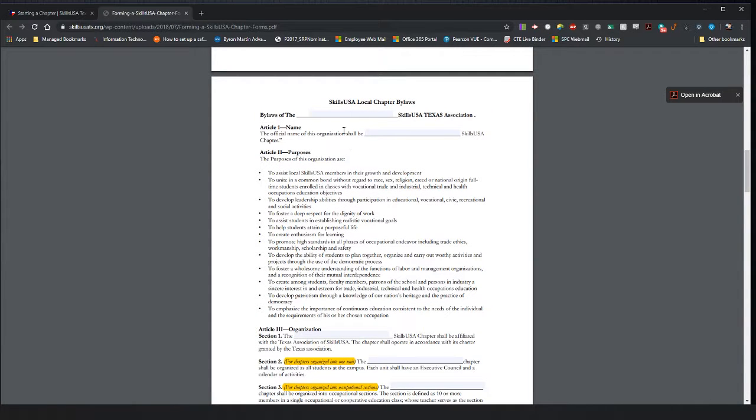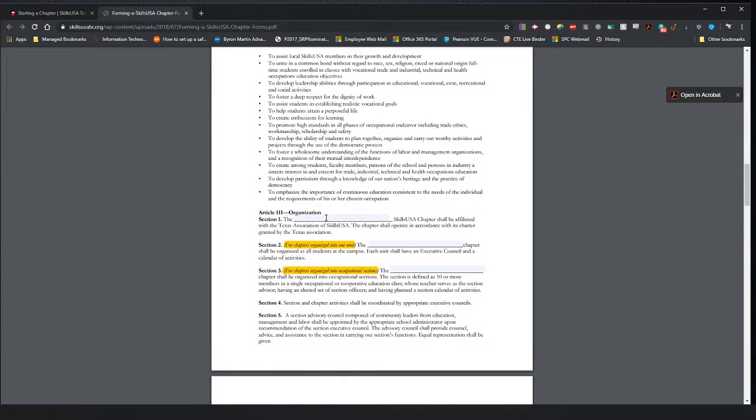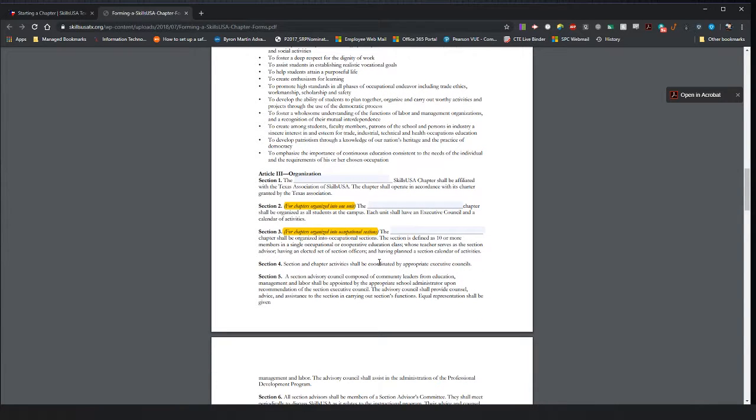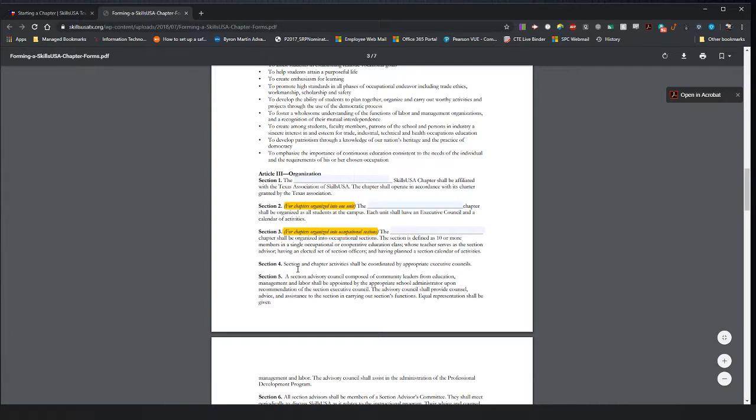In the bylaws of the local chapter, pretty much all you need to do in this document is put your program name in each one of these fill in the blanks here. You will then print this off and mail it to the state office, or you can save it and send it to janet@skillsusatx.org. Once you fill out all these documents, you're going to need to go to the national website,